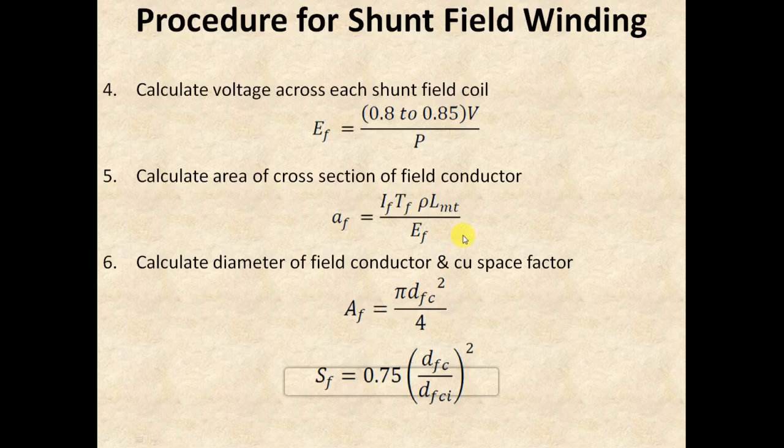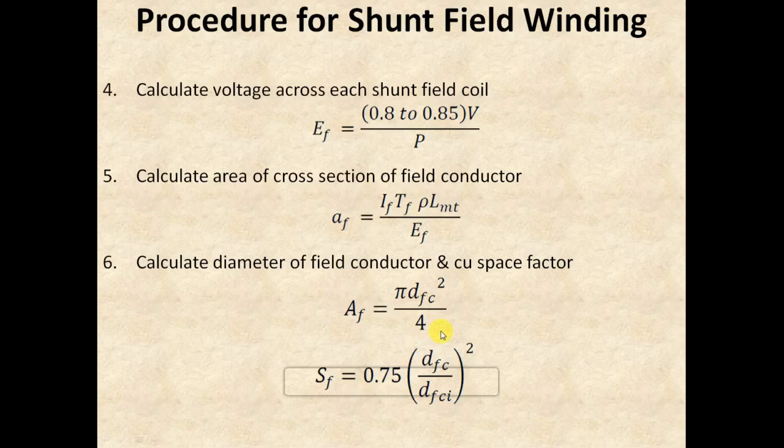Next, by using the expansion relation for resistance in Ohm's law, we will be able to identify the cross-sectional area of the field coil. Actually, the relation for current with Ohm's law is V by R. Instead of R, we will make the substitution rho L by A. From this we will be able to obtain the value of AF, that is the cross-sectional area of the field conductor. Once the cross-sectional area of the field conductor is known, we can easily determine its diameter by